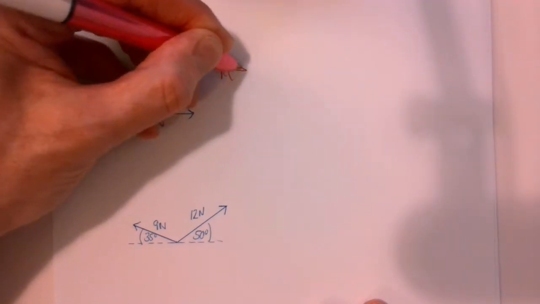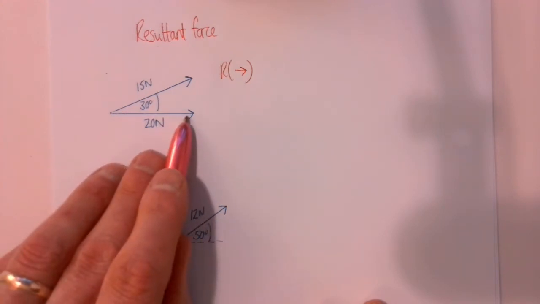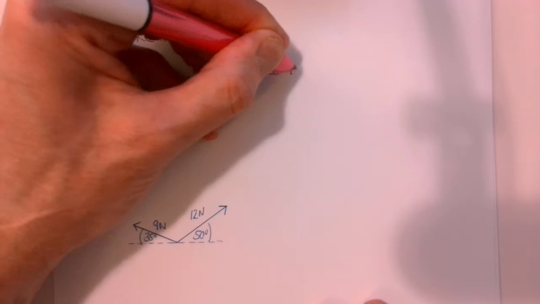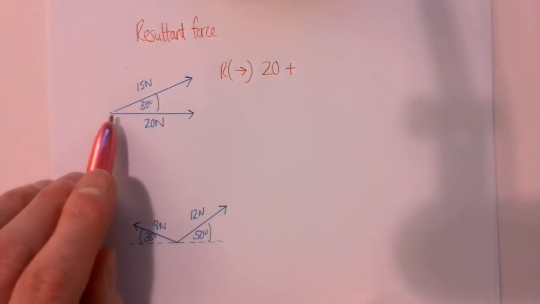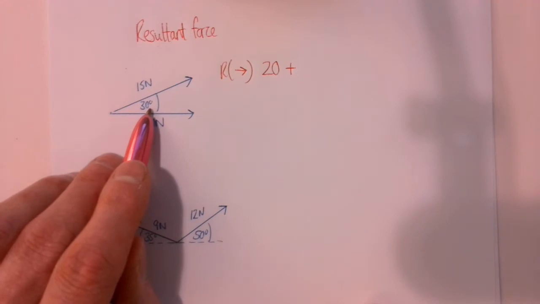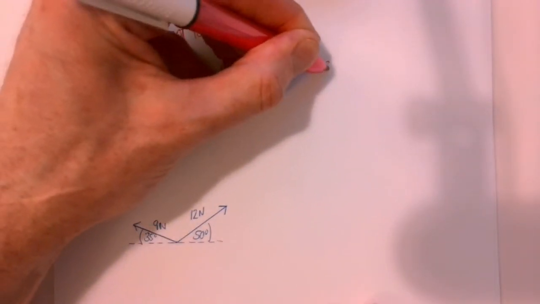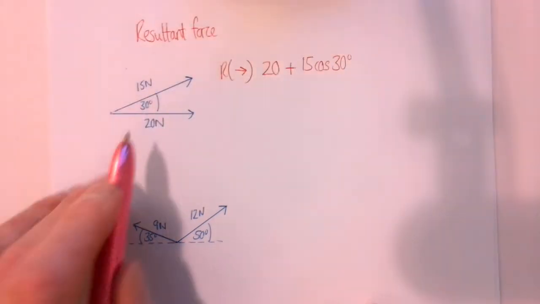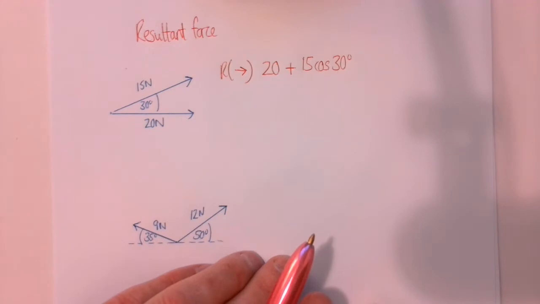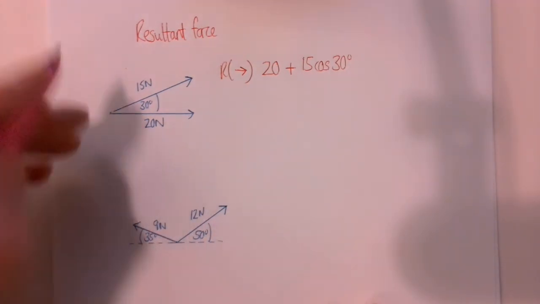So resolving horizontally firstly. Well, this force is already acting horizontally, so that's still 20. And this force is at an angle of 30 to the horizontal, so that's going to be 15 cos 30. I want to know the horizontal component, and I know the angle between the force and the horizontal. And resolving